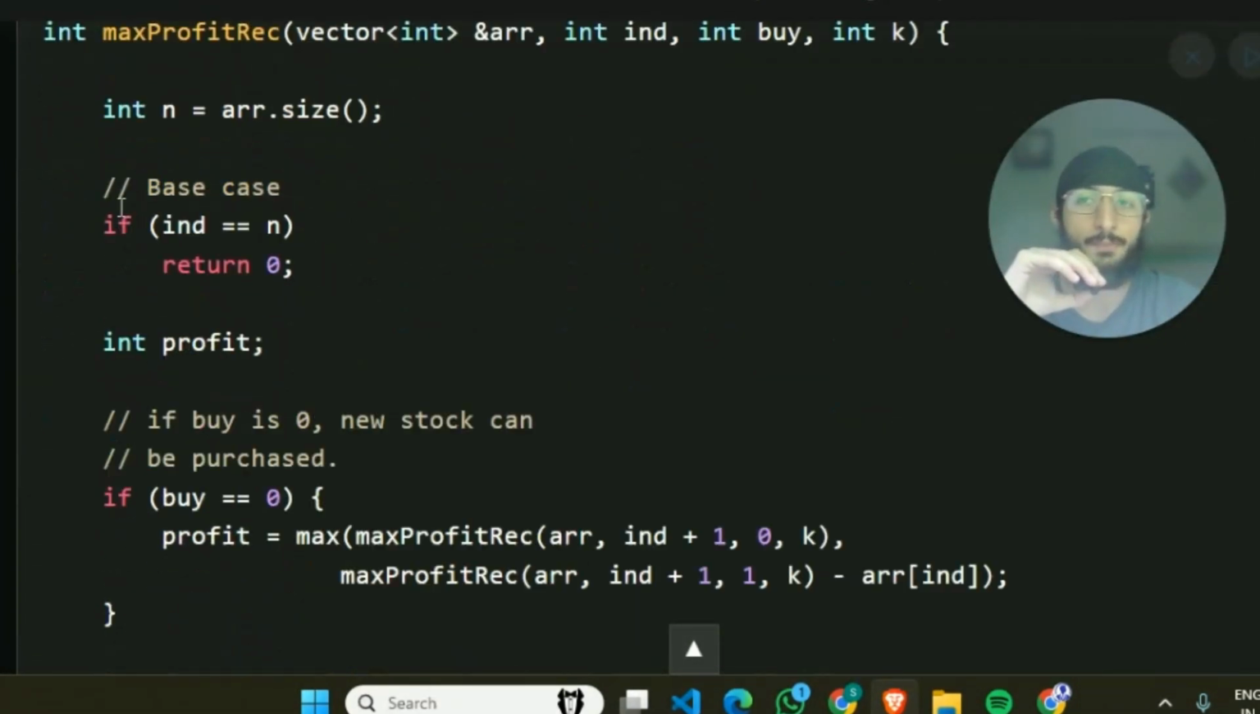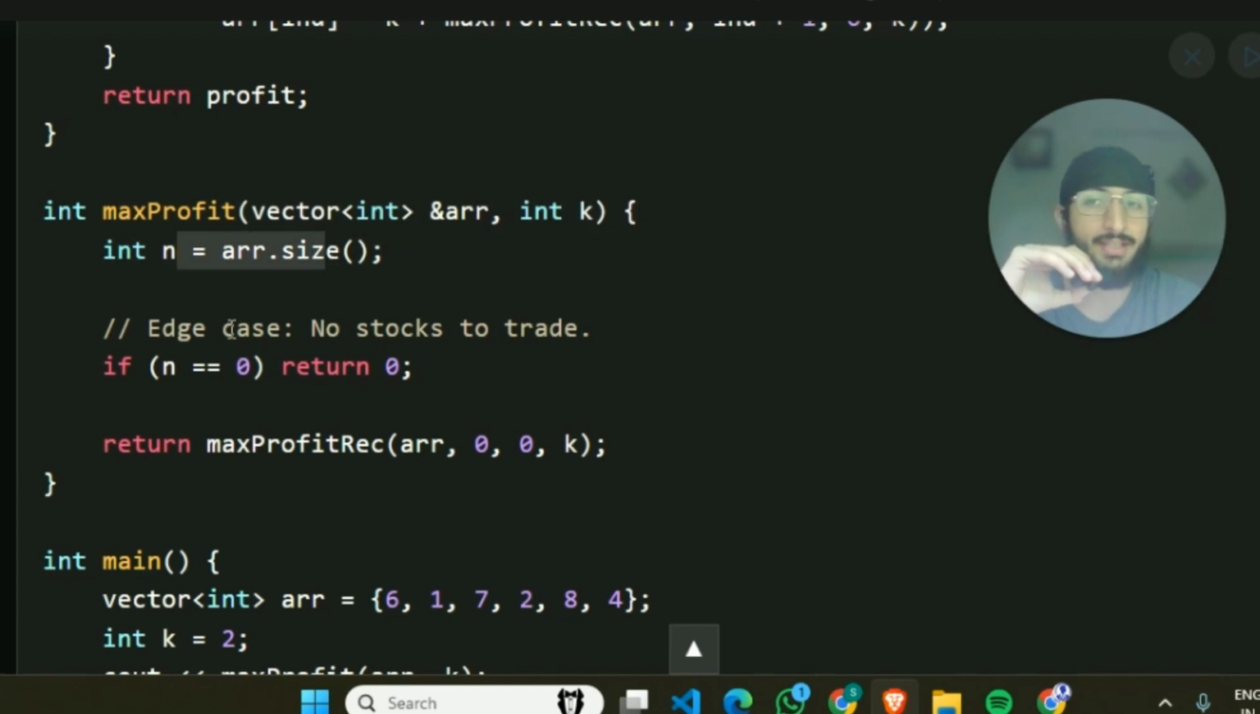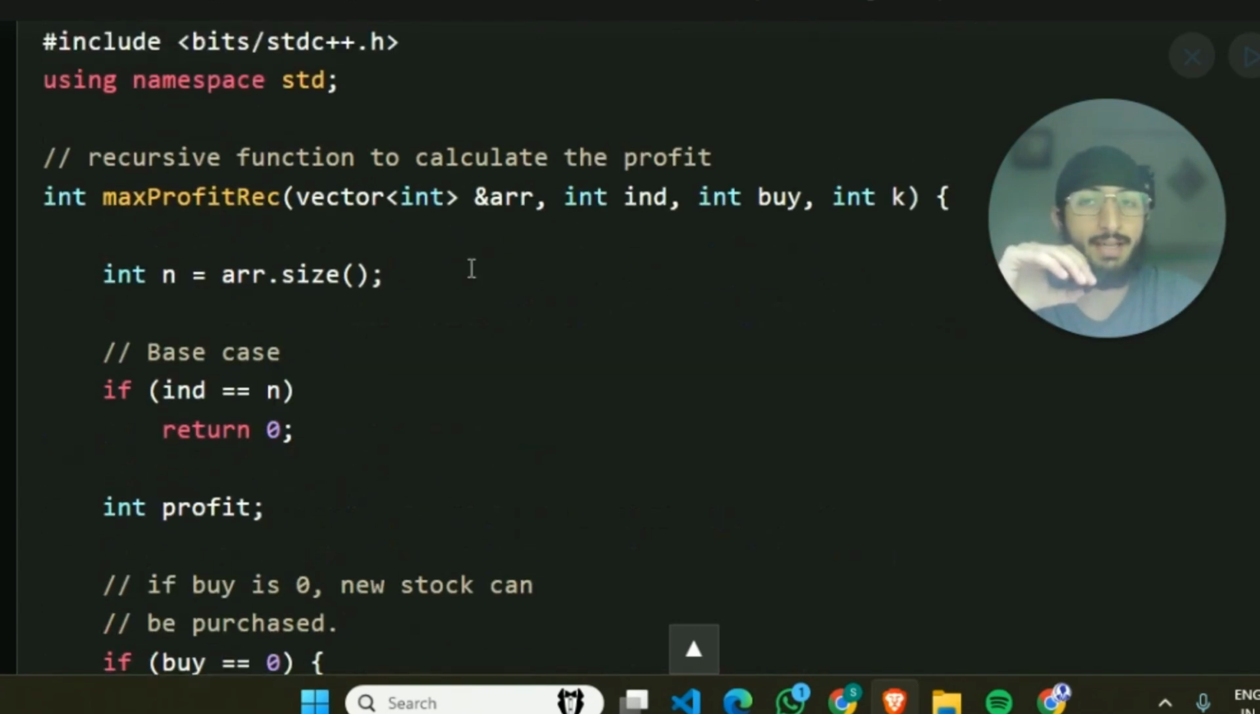So let us go through this. We basically have the maxProfit function. n is array.size. The edge case is if there are no stocks to trade, that is if the size of the array is 0. That means we have no stocks. If n is equal to 0, return 0. Otherwise, we return the maxProfit recursion function, which takes the array, the index that we are at,